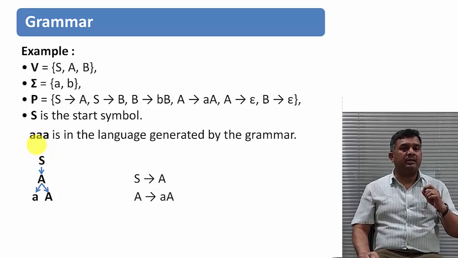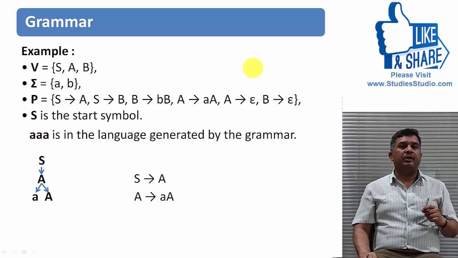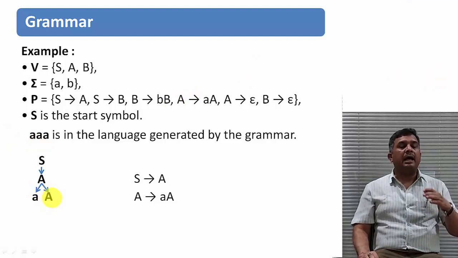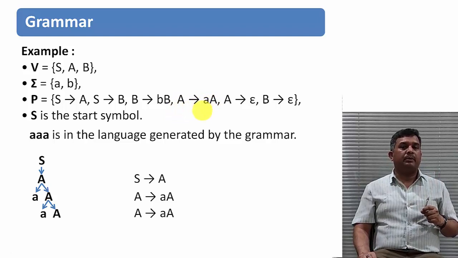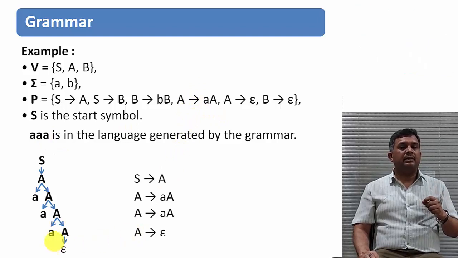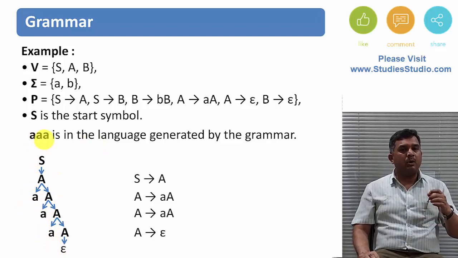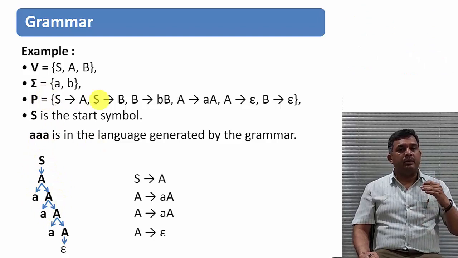So the first symbol is generated. What about the second symbol? The second symbol is again a small a or a terminal a. So I have to use this A and generate one terminal a. So definitely I have to use this particular production. So I'll get a and a. So two a's I got. I'm having the third A. Similarly, I can use the same production and generate the third a. And at last, from A, I have epsilon. So I got three a's and epsilon. It means I got these three a's. So this is how a string is generated by using the production rules.